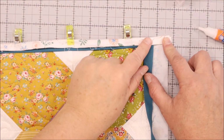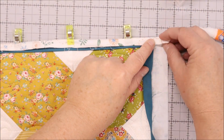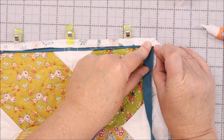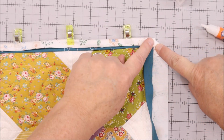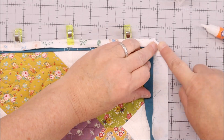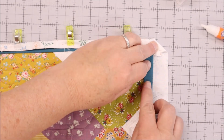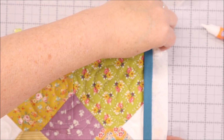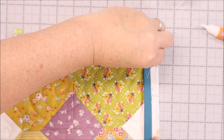Now what we're going to do is take this corner and fold it at an angle, or at a miter, right along this edge. So the fold line comes right along the edge of the quilt. We are going to repeat folding your binding towards the quilt edge, lining it up